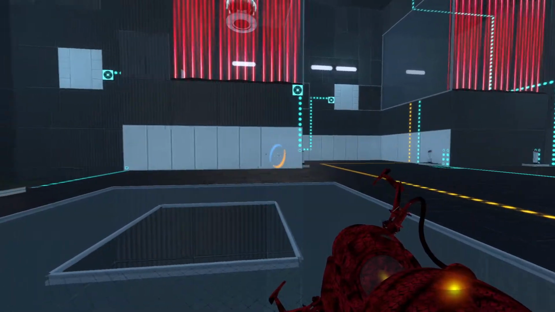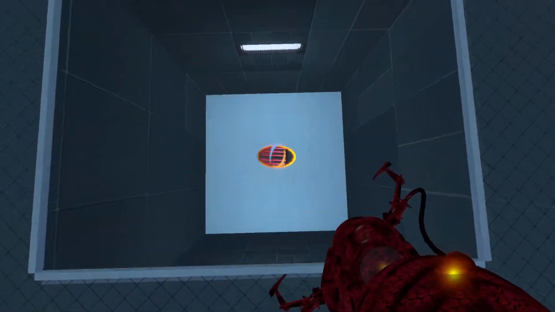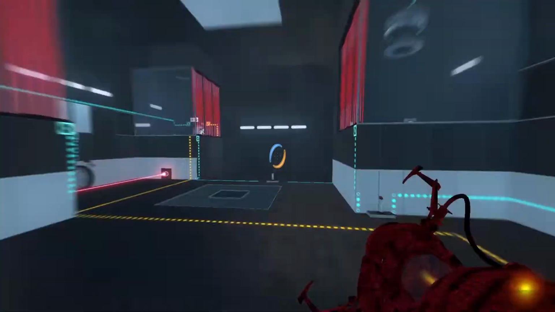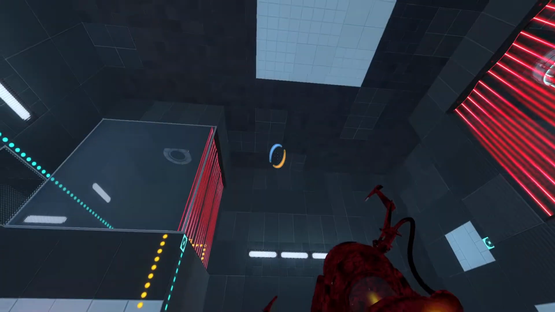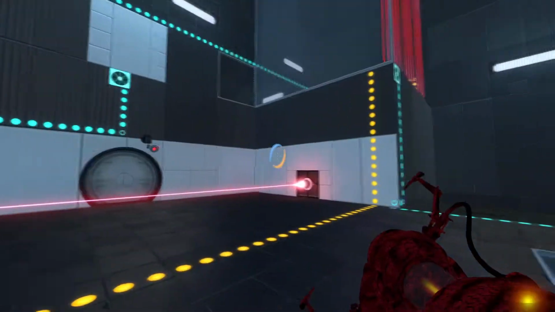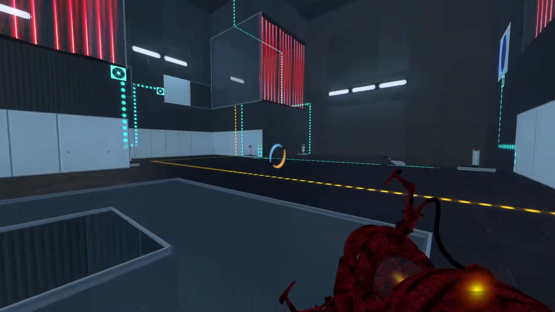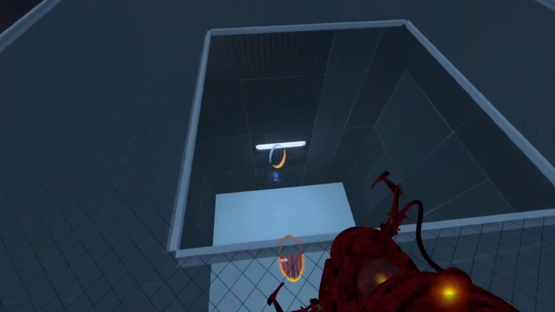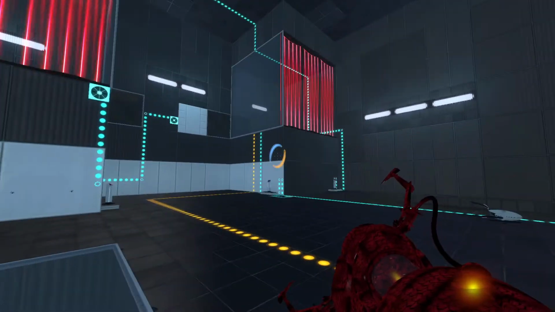But since this is just momentum, and you're using momentum just by falling into portals, it's very limited what you can do, because you're not using funnels, so you can't get momentum with funnels. You're not using light bridges, so you can't use light bridges to gain momentum. It's just falling into portals. And what's this? This is four high. So I would say,